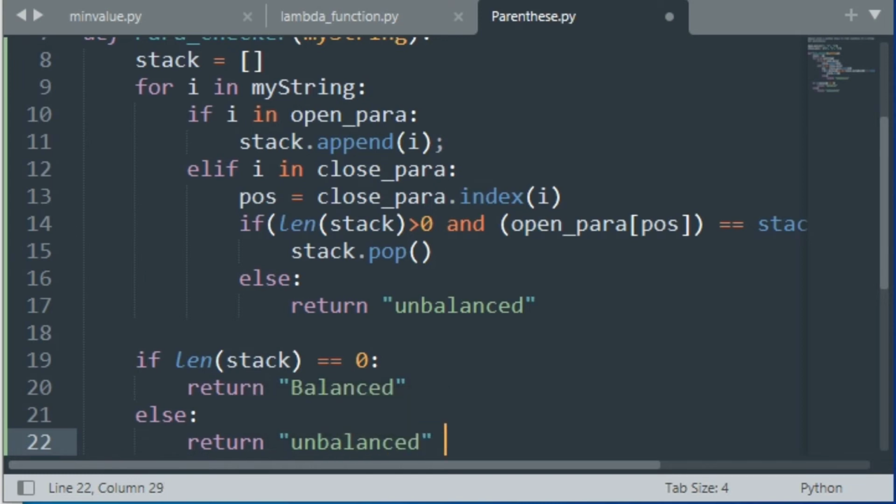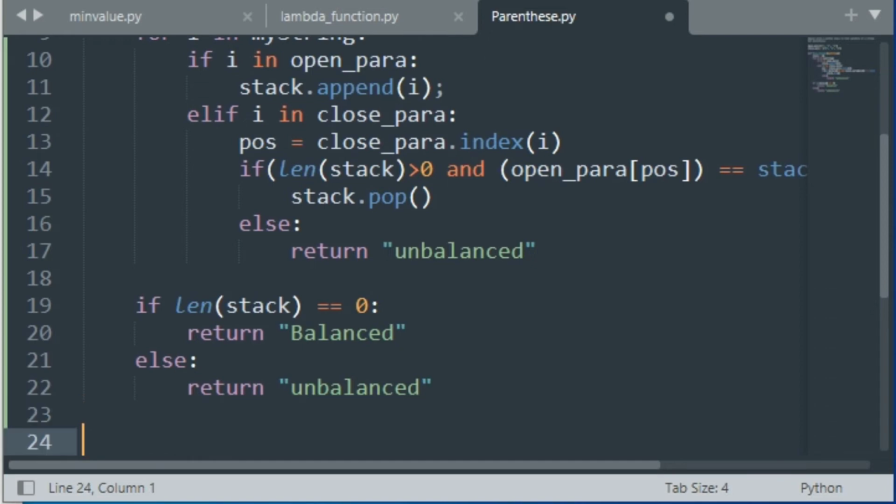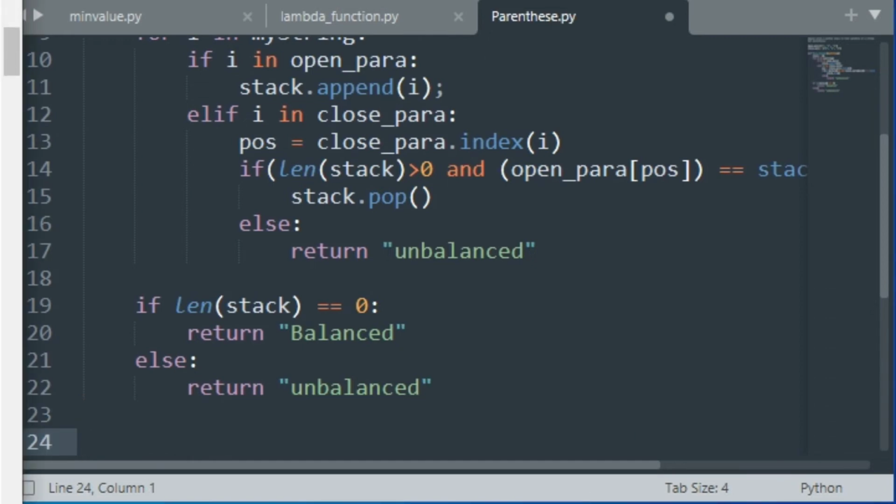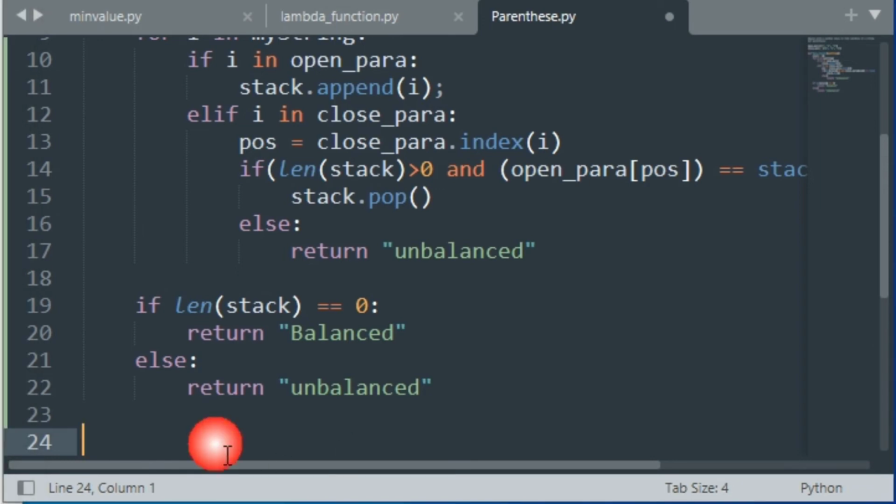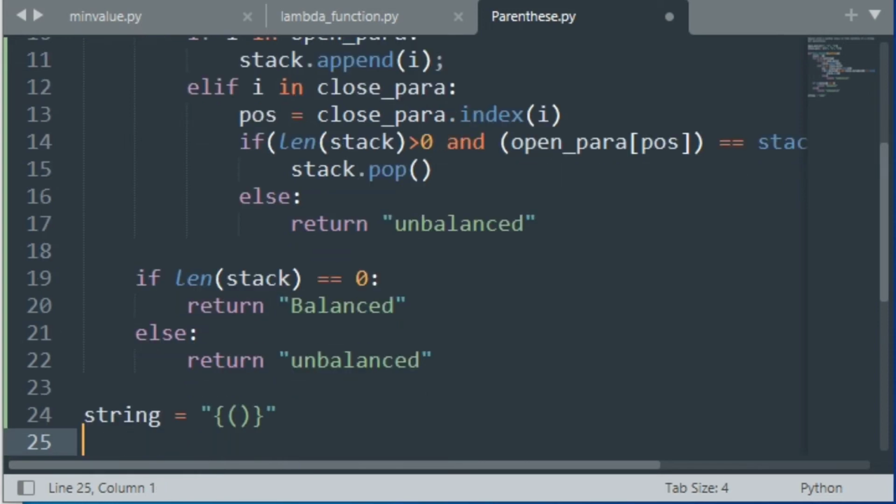Fine. And now let's try some string here to check the code. So suppose there is a string called, so let's, fine, let's check this string.